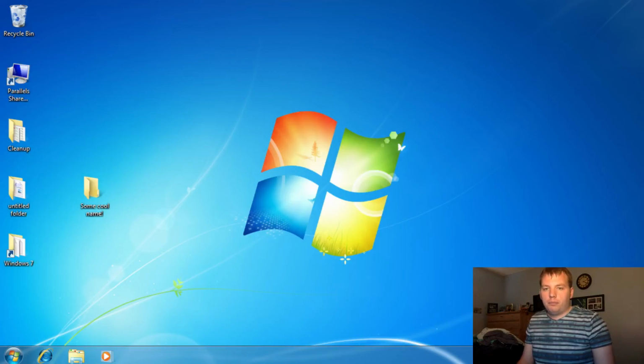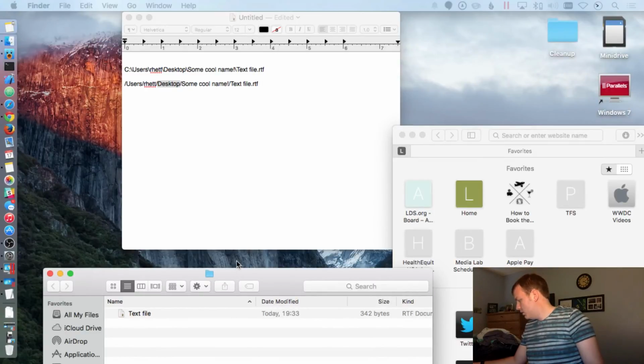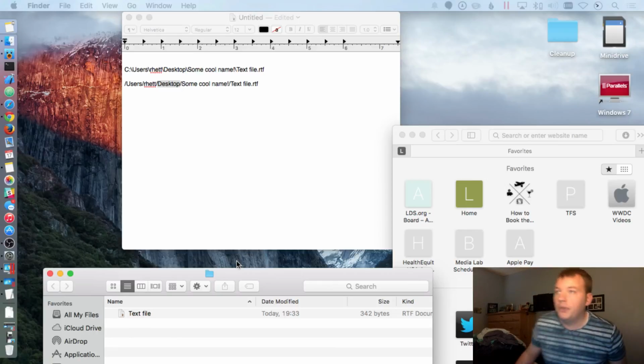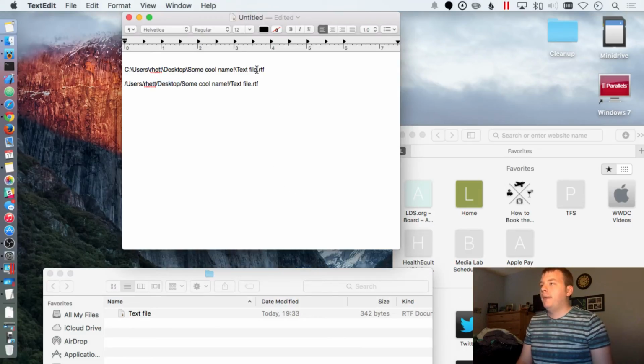Now, finally, let's talk about, let's see, where was I? File types, okay? So every single file usually has an extension on it, okay? As you can see here, this is the file name, right? And then this is the extension on the file name, the RTF, okay? And just so you know, RTF stands for Rich Text